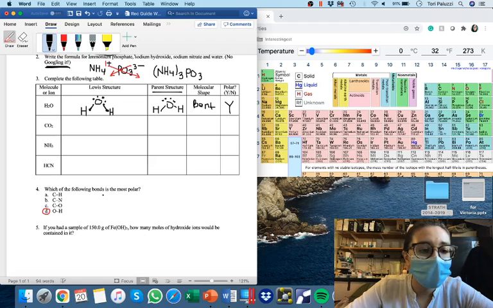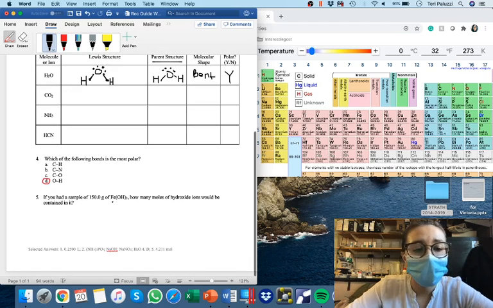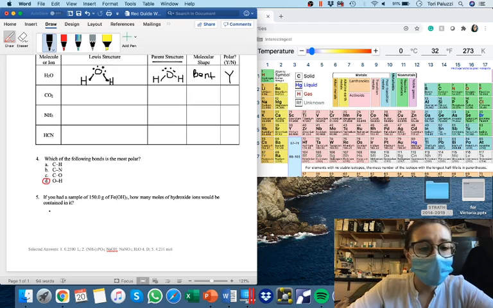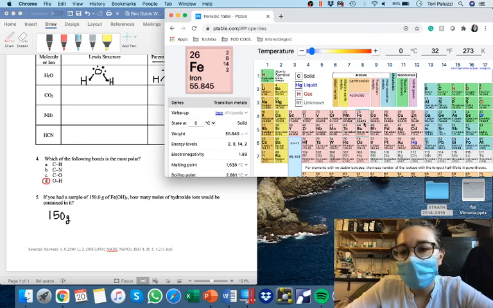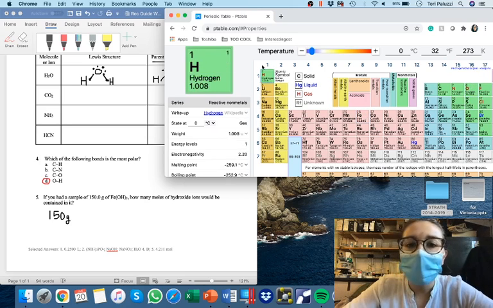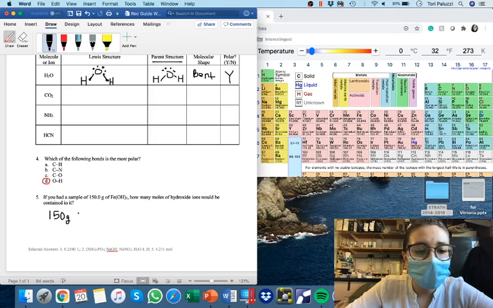All right, and finally, we've got, if you had a sample of 150 grams, how many moles of hydroxide ions would be contained in it? So the first thing we're going to do is we're going to get this to moles of iron hydroxide. So I'm going to do 150 grams, and then I need the molar mass of this iron hydroxide. So I'm going to go to my periodic table. I find that iron is 55.8. I'm going to add that to 3 oxygens, which are 16 grams per mole, and 3 hydrogens, which are about 1 gram per mole. And when I do that, I find that